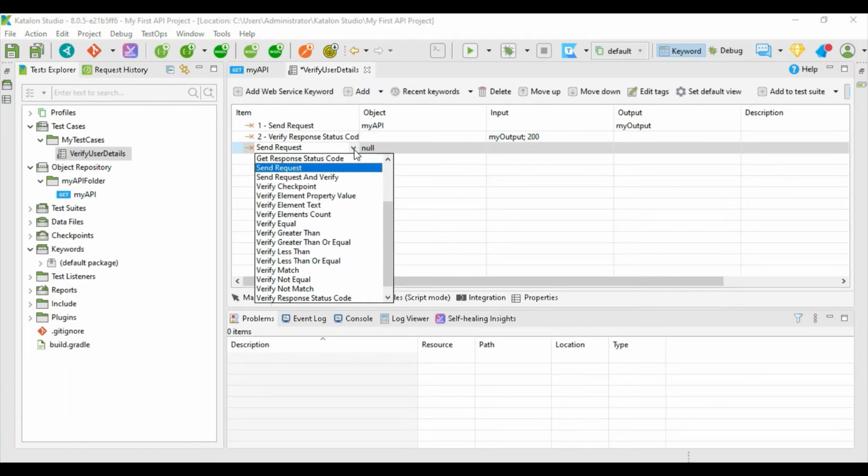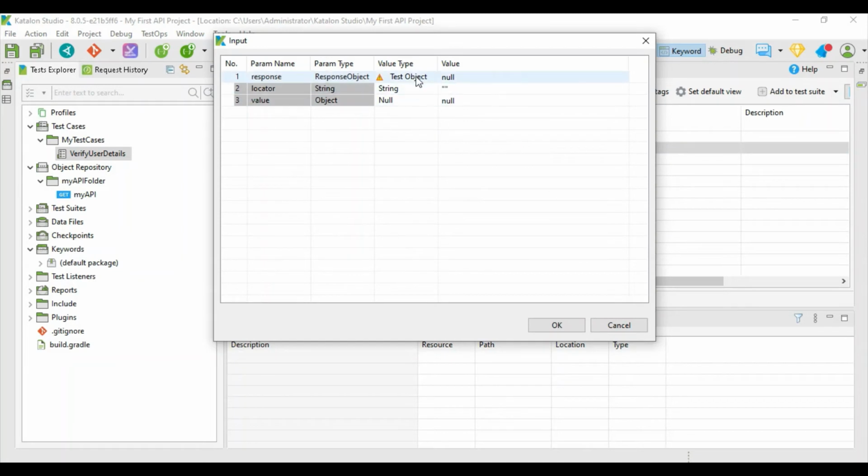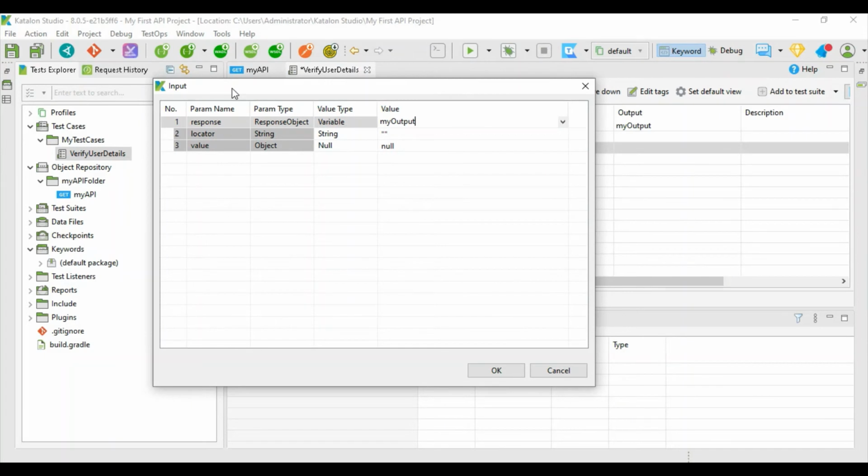So we'll go here again, add a new web service keyword, and you're going to see here verify element property value. Just select it, leave this. Again, double click and it will open. It will check for a variable. What variable? We had my output. It requires a locator. As we know in automation, we have different kinds of locators.